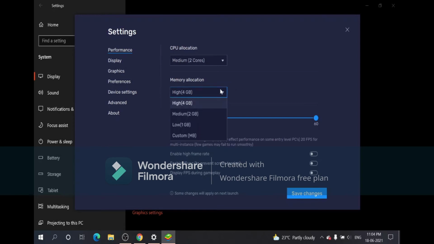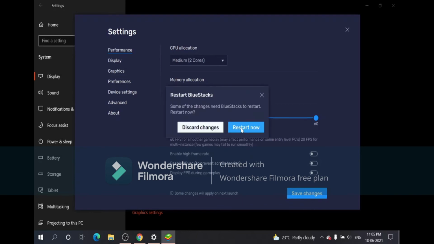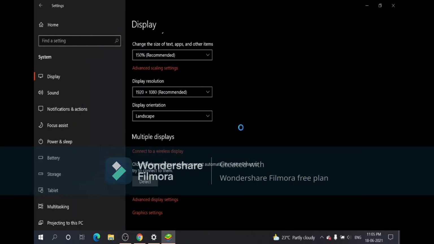If it has 8 GB, you should put 4 GB. If it has 4 GB also, you should put 4 GB. If it has 2 GB minimum, you can put it on 2 GB. Right now I have selected 4 GB. So let's change it, and it will ask you to restart it. So you should restart it again.